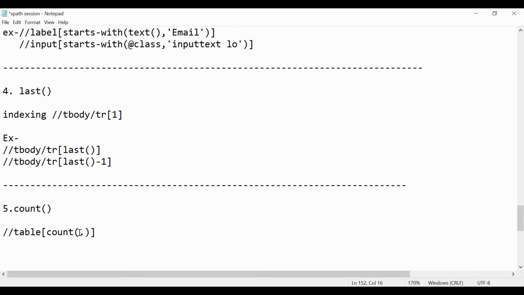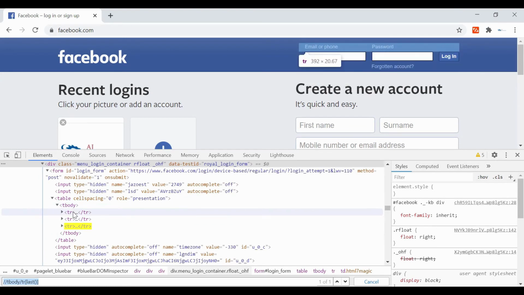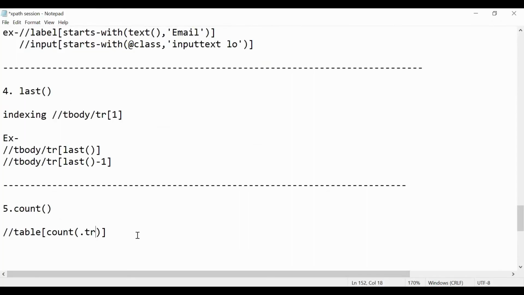And what you have to count is the number of rows, meaning the number of children. For this example we have tr. We have this table with 3 tr, right? So how can you highlight it with the help of this dot?